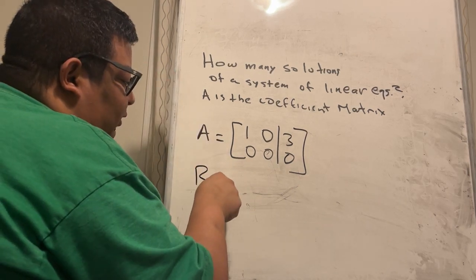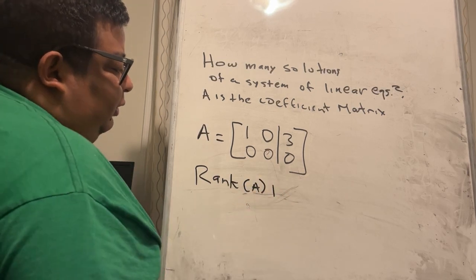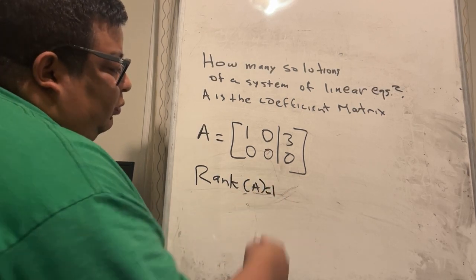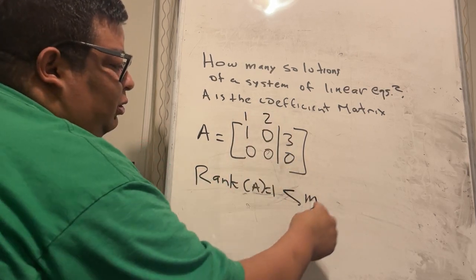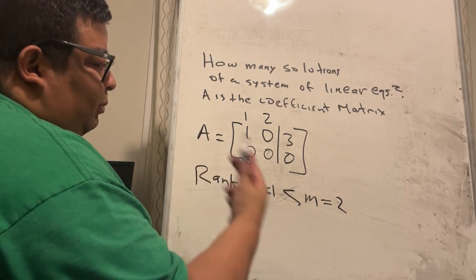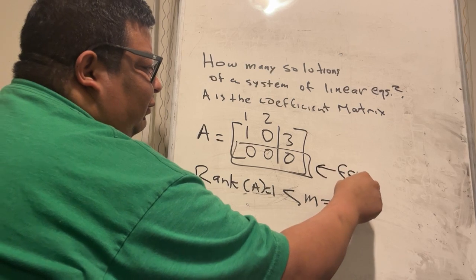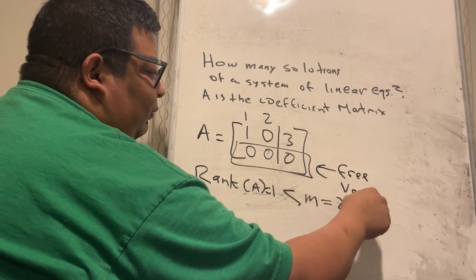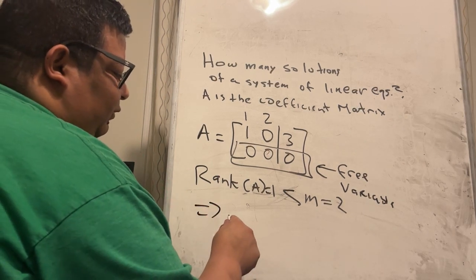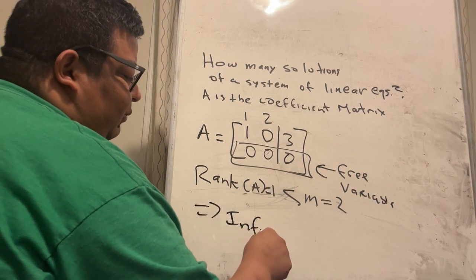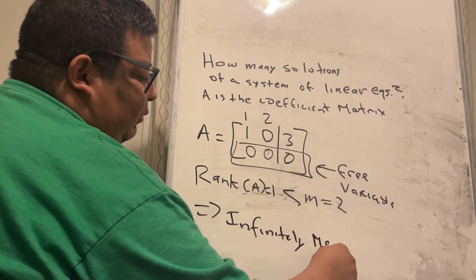That means the rank of A is equal to 1, which is less than M, because we have 2 columns, which is equal to 2, but we have what? A free variable. So this tells us that we have infinitely many